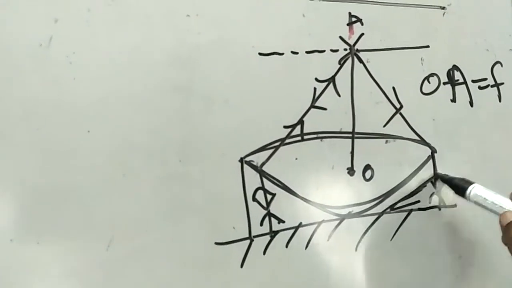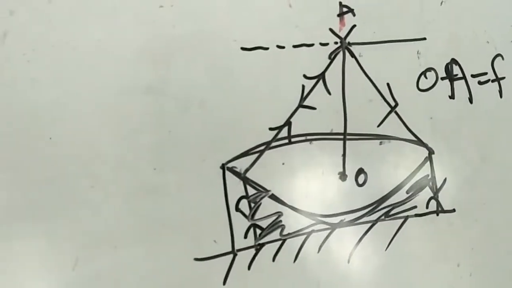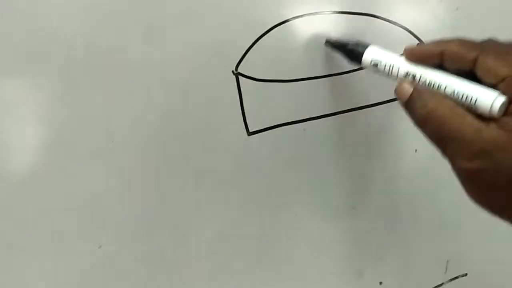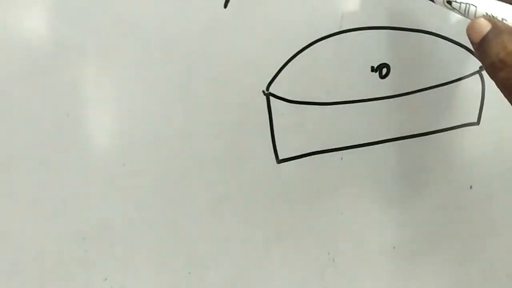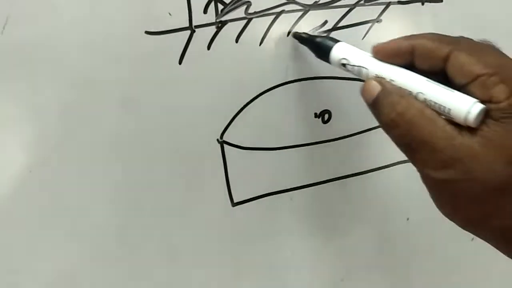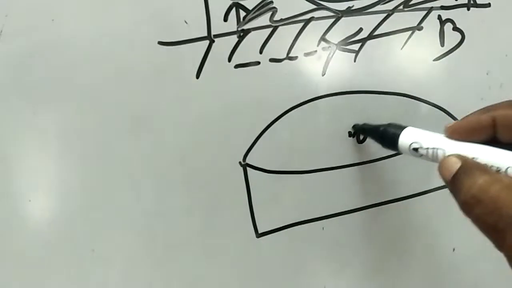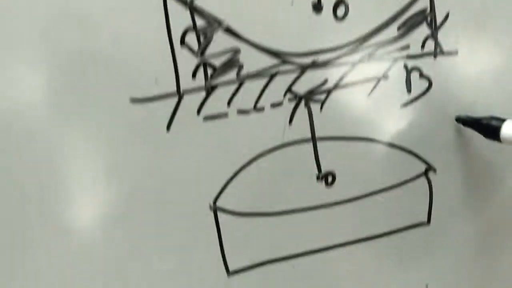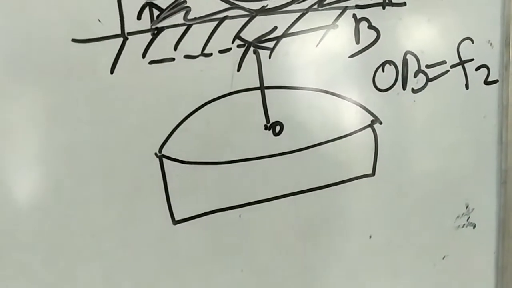So fill the space. Now you will see it becomes a combination of two lenses. The water lens, that is a plano convex lens, and this is the convex lens. Repeat the same process. Suppose this is the optic center. So this is the position of the object. Let us take the object at this point where object and image coincide with each other. So then OB, suppose we write the previous one as f1, OB let us write as f2. What is f2? f2 is the focal length of the combined lens.